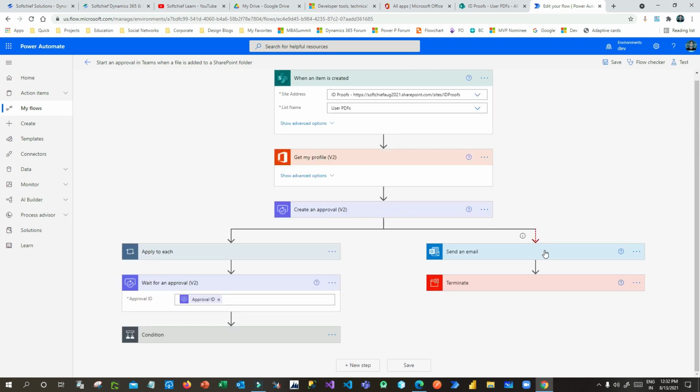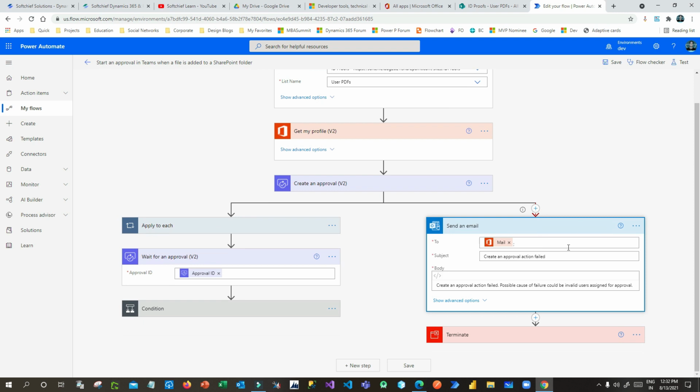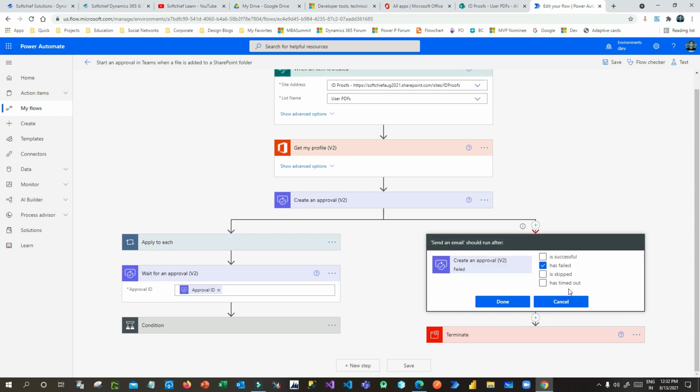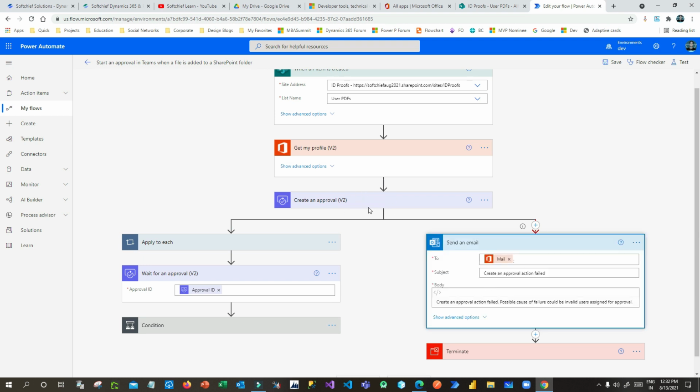So let us test this. Now here on the right side you can see there is a send mail option. Why this send mail option? Because if you click on this three dot and click on configure run after, you can see the run after is configured for has failed condition for the create approval. That means whenever this step fails, only this mail will be sent to the requester that the create approval scenario has failed.